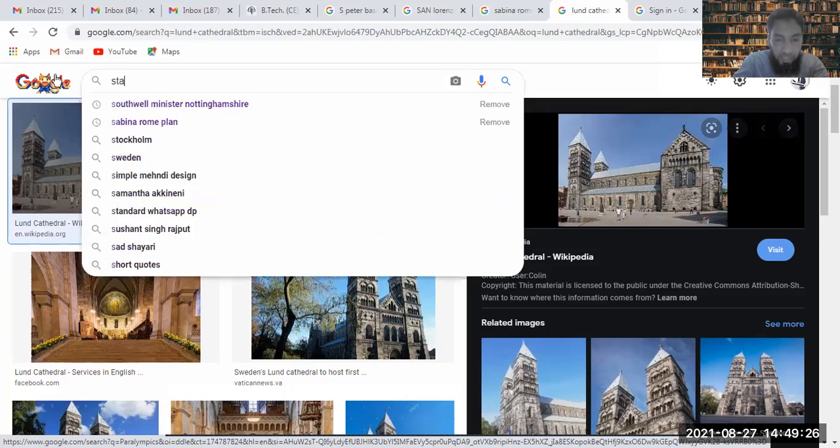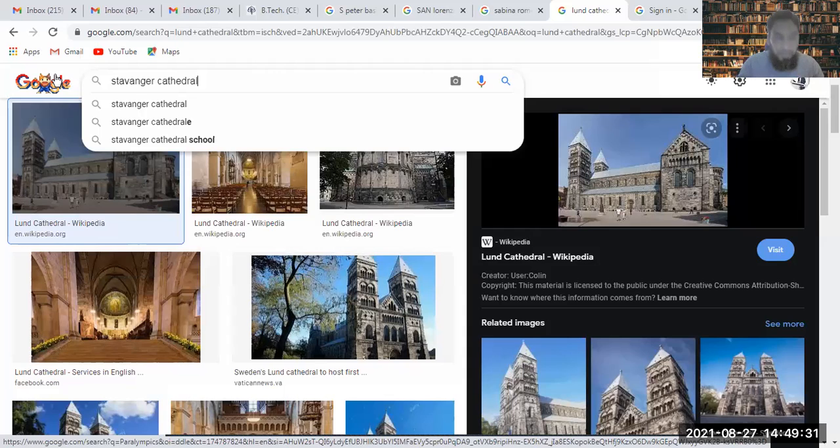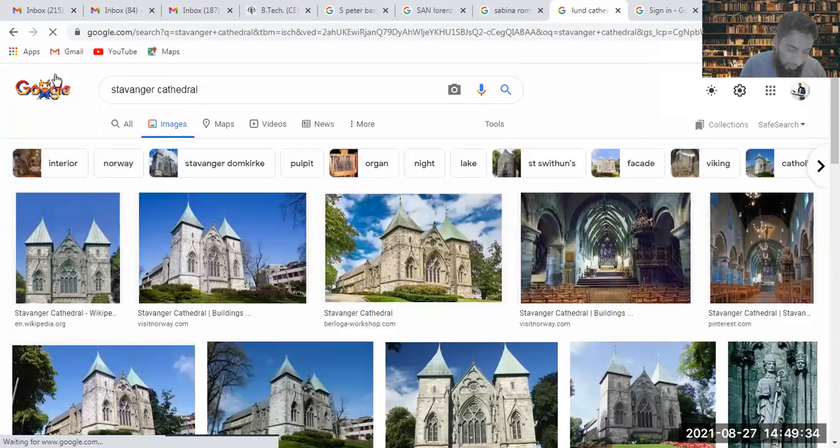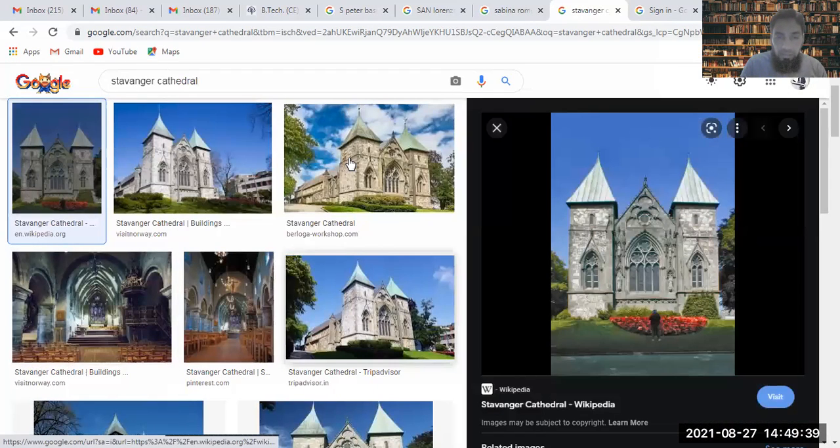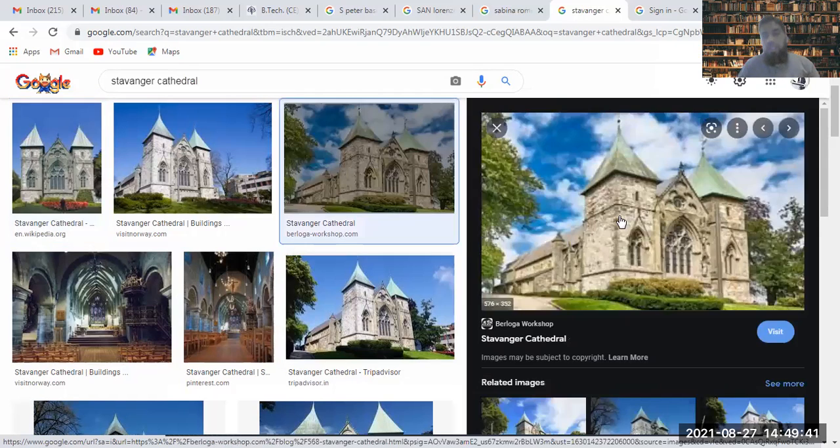Then you have the Stavanger Cathedral. Another, this is again constructed in 1137. Probably that's the date. Again, the wall designs, the aisles, the nave portion, and the alleys. There are no alleys here. The nave portion in between, and there is a vault in front. So this was a unique feature in the British and all the Scandinavian countries.